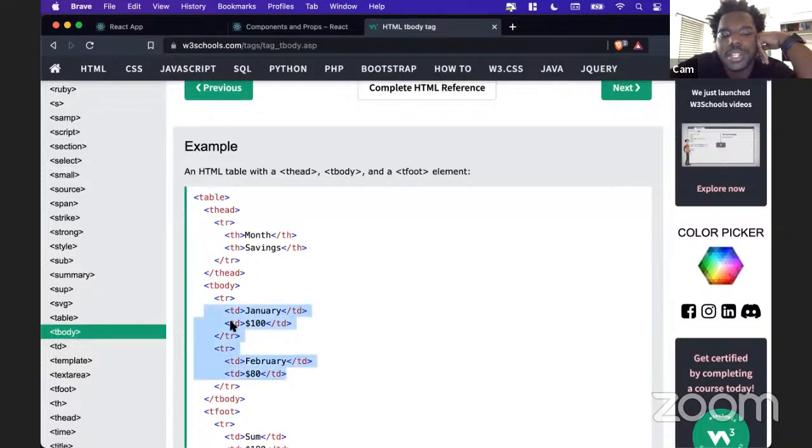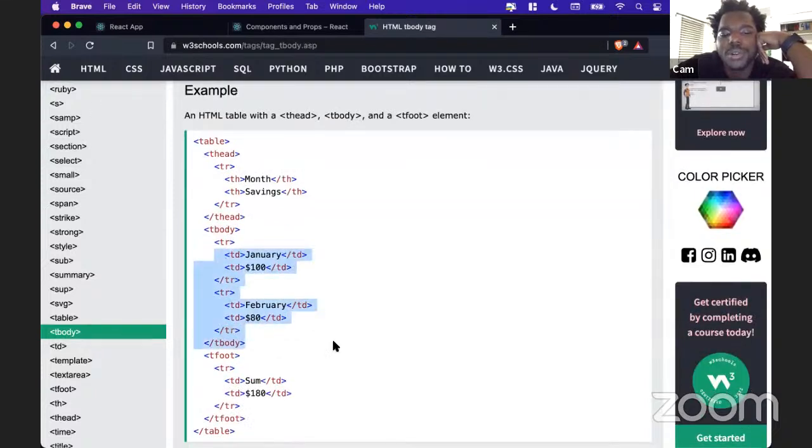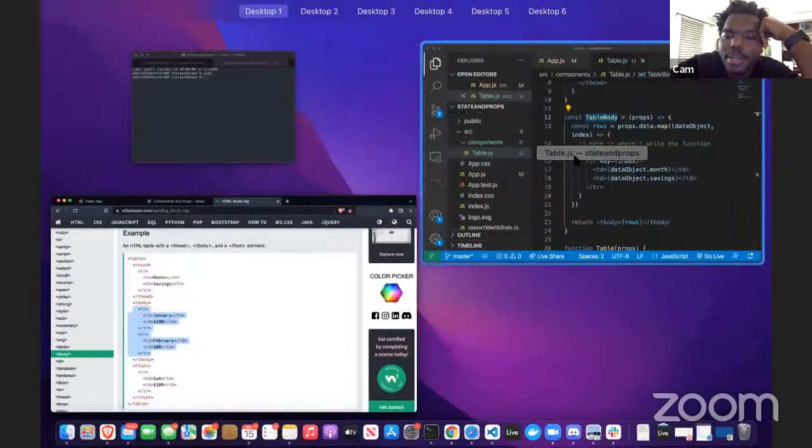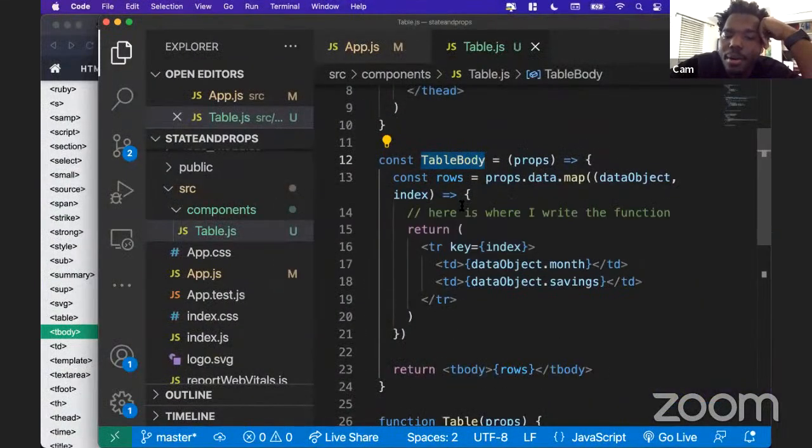As you can see here, if I was trying to do all of the months, January, February, everything, it would be a lot of different elements. So we saw that being the case in our code, and then decided to make the table body a little bit more sophisticated. That's why we ended up passing the data into it from the app.js,